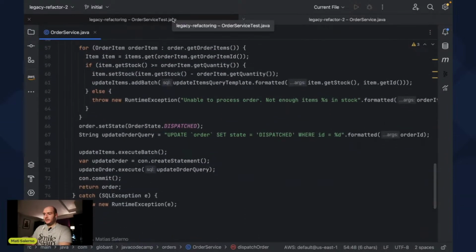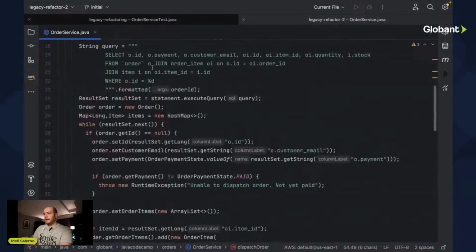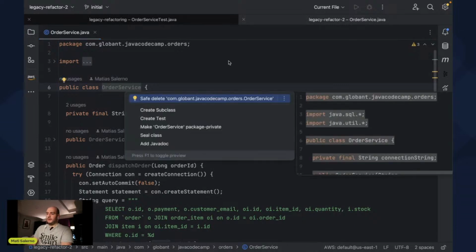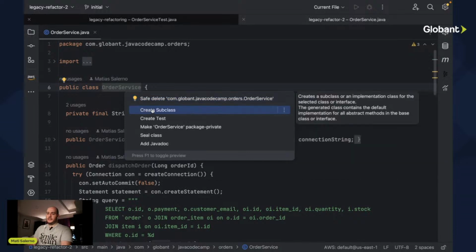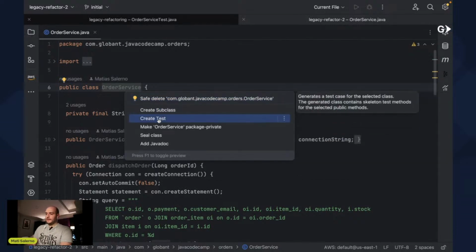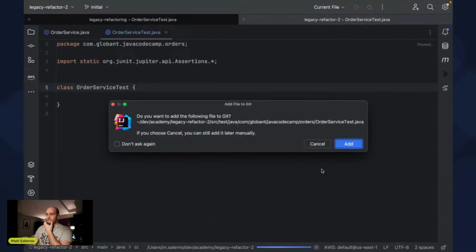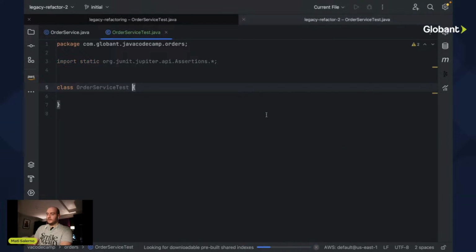So let's see if we can create a test for this. I'm going to create a test, and if you are on a Mac, you can use Option Enter. If you are on Windows, you can use Alt Enter, and you will do this: create test. Okay. So we are going to create a test here. This is a JUnit 5 test,